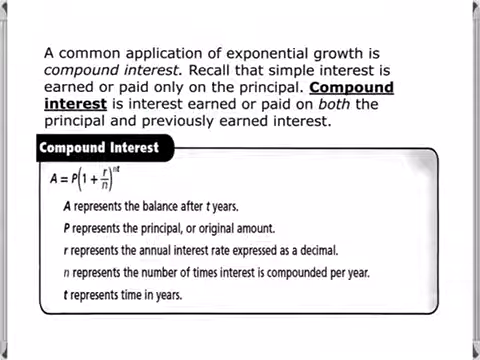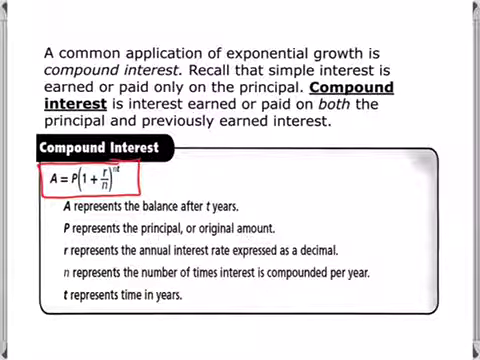A common application of exponential growth is compound interest. Recall that simple interest is earned or paid only on the principal, whereas compound interest is interest earned or paid on both the principal and the previous earned interest. So in order to calculate compound interest, we use the formula A equals P times the quantity 1 plus R